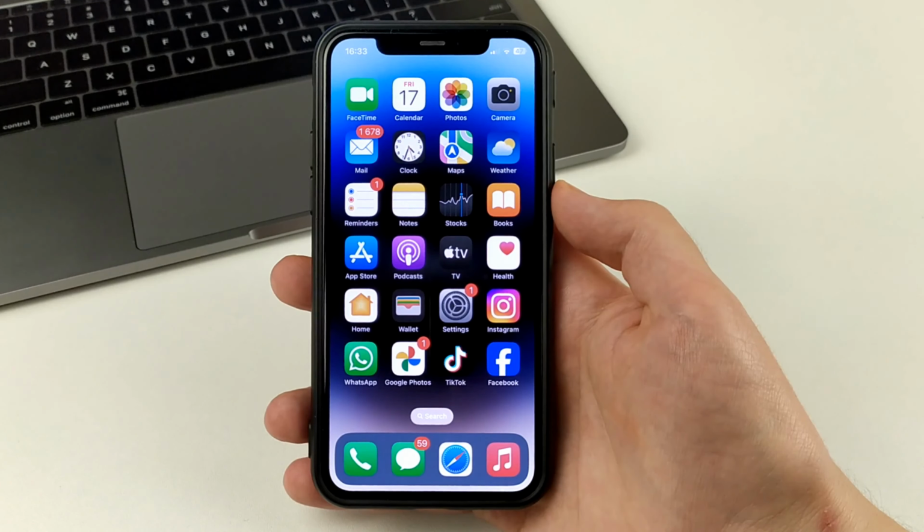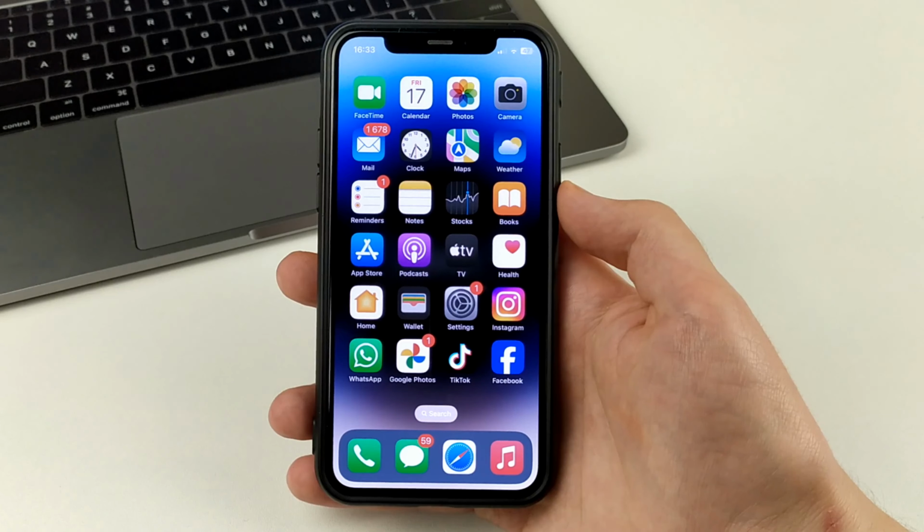Now in this video, I will show you and tell you how to easily create your own stickers from your